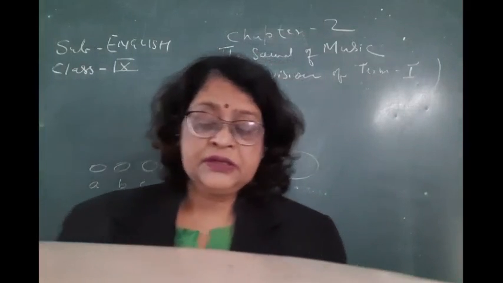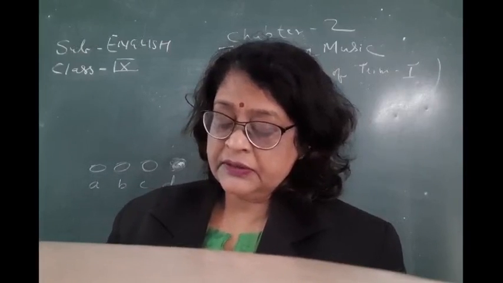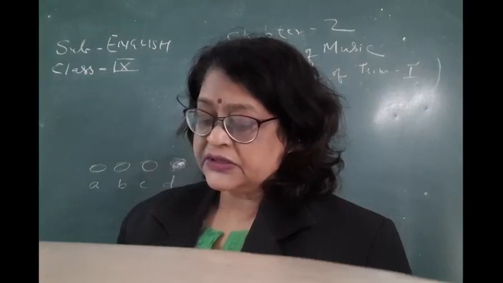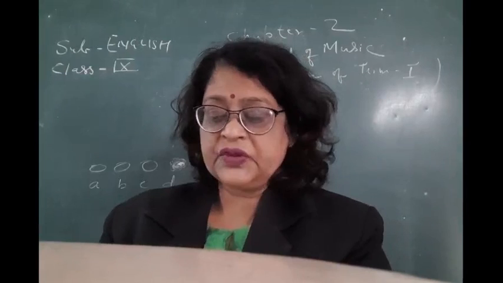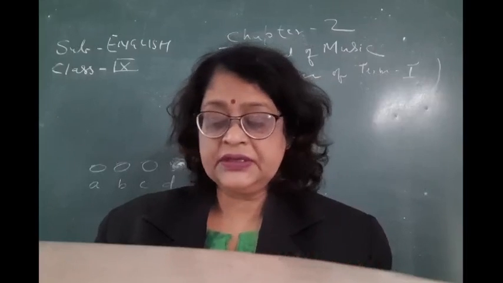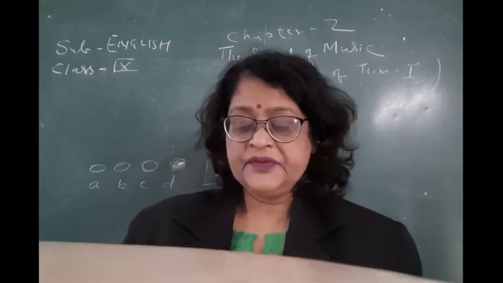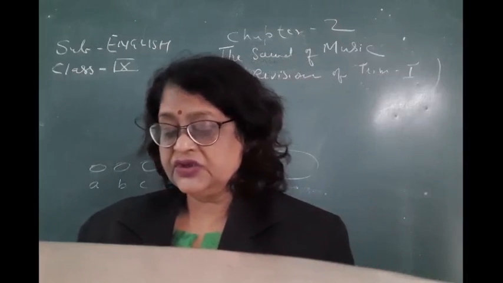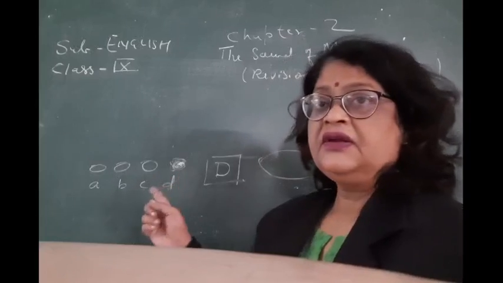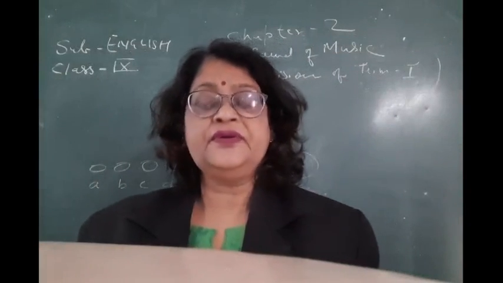So children, in the given extract, Ron Forbes comes out as a motivation, then mentor, role model, all of this. Once again I read, he came as a motivation, this is correct. Then mentor means guru, teacher, this is also correct. Role model, this is also correct. As per option D, all of these. So option D again is correct. You have to circle it and write D like this. Now question number 4.